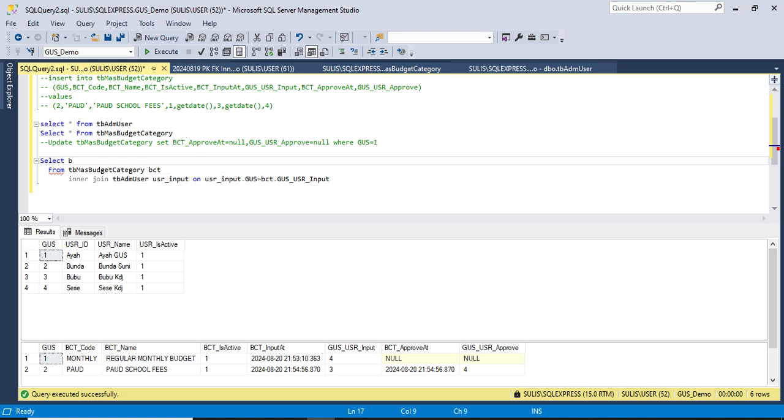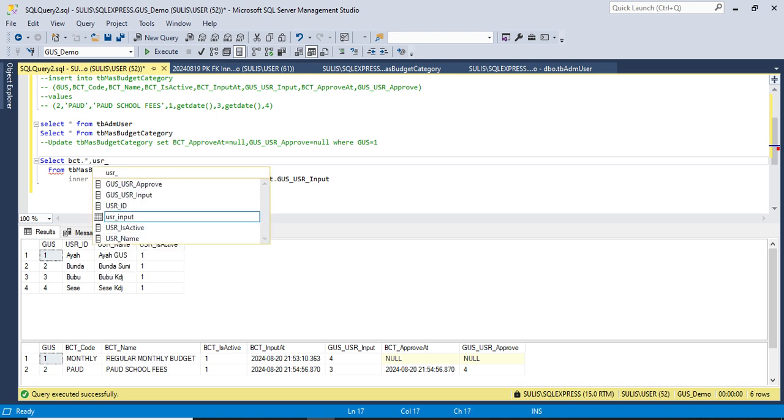Now let's see. I want to see all columns of master budget category and the name of the user who input the data.